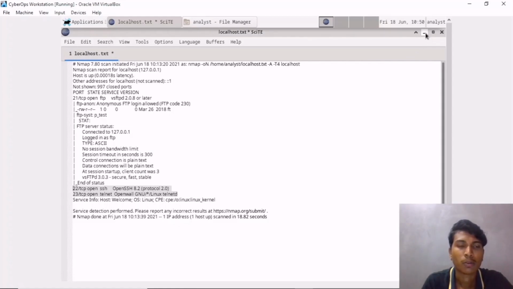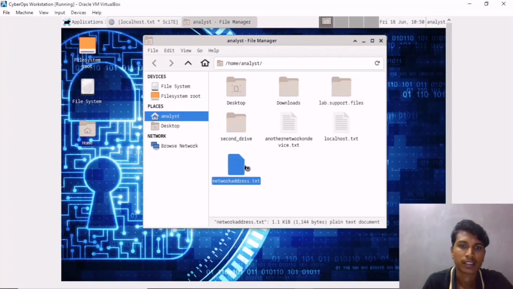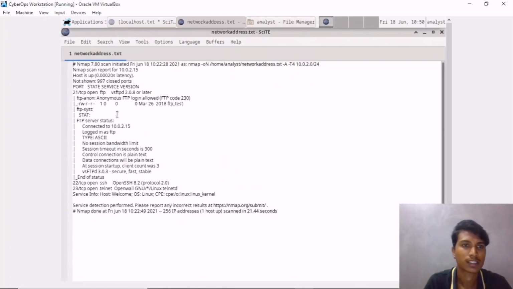That was the first output, for the local host. Now let's see the output for the network address. Same as before, you can see which port is connected, with the state, service, and version, and the closed ports which are not shown. You can see the latency of the host, and the Nmap scan report for which IP or network.